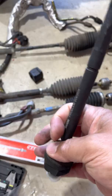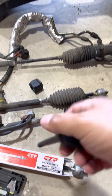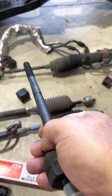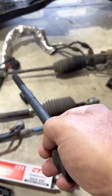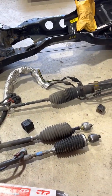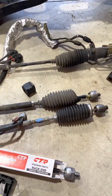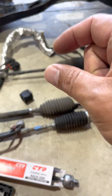Now that I got my rear stuff, I'm happy about that. I can put that back together. I have a front sway bar from the 15 WRX that I'm probably running on this. I put it in there already, and it looks like it'll work with different end links. I would need to get different end links because the hole in the bar is larger than the hole in the